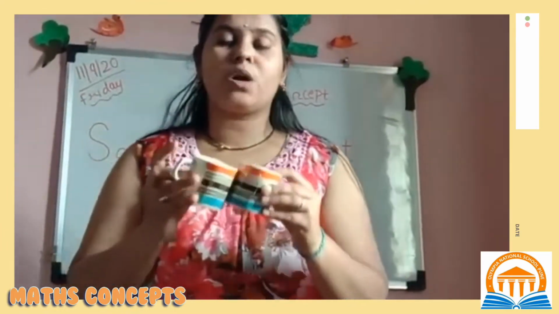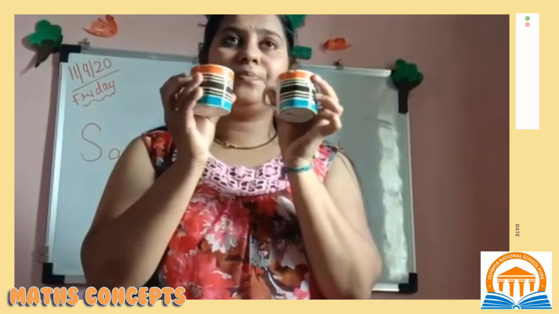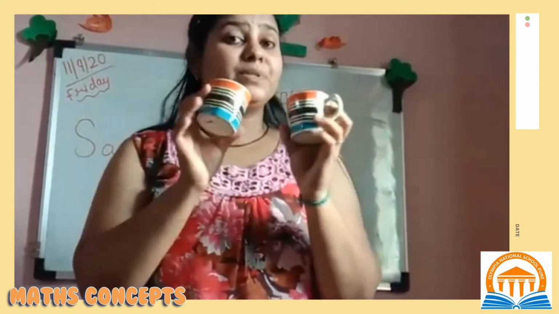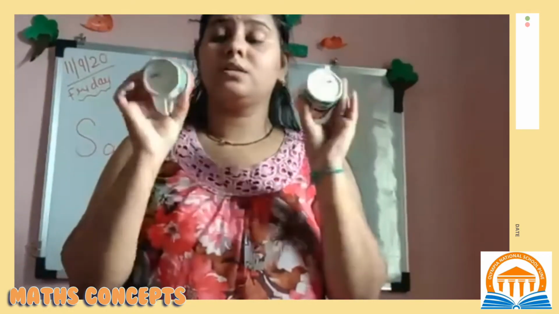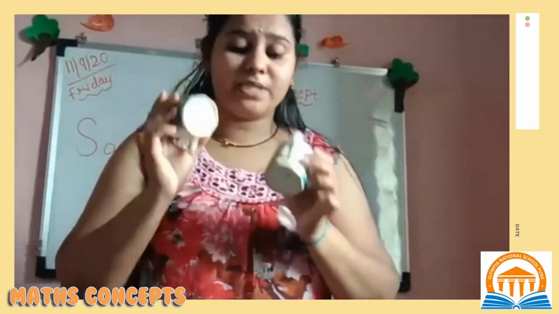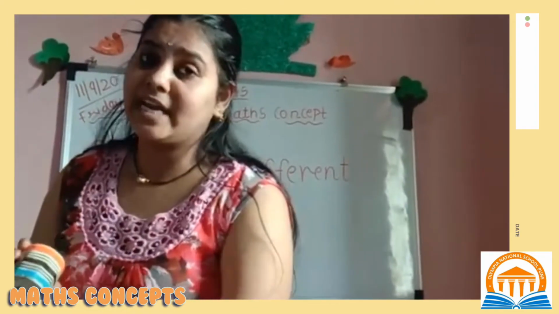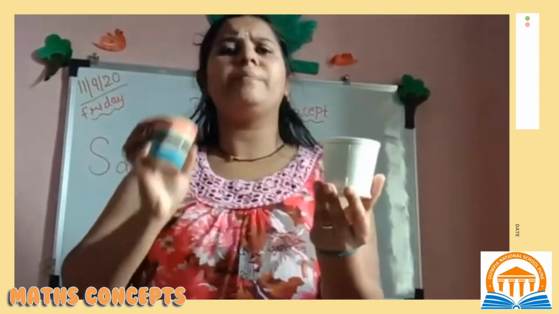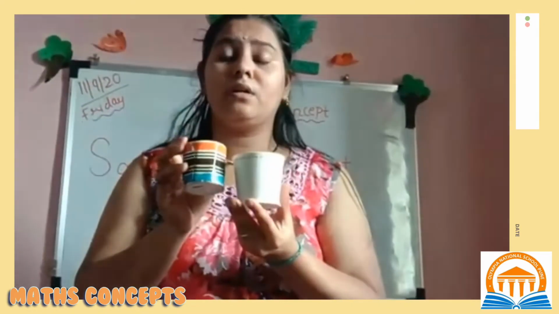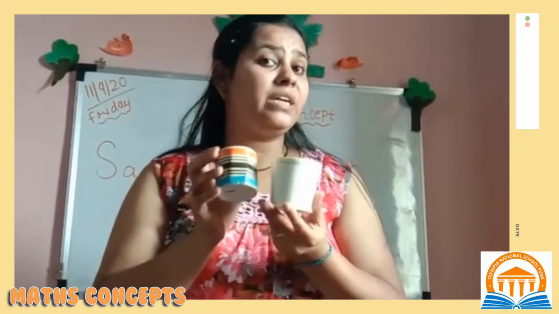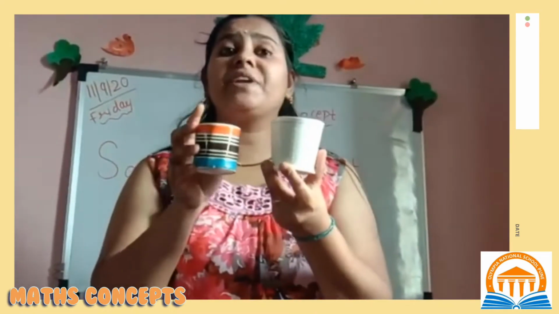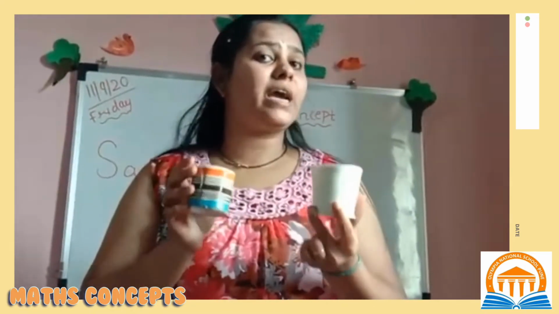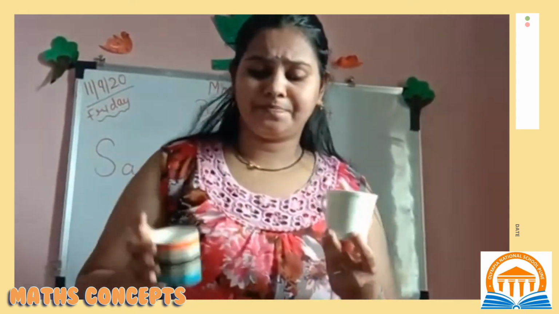Now I'll give you one more example. Here you can see two cups, or tea cups, right? If I turn it like that, both the tea cups are same. Now, how can it be different? Here are teacups. This is also a teacup and this is also a teacup. Are they same? No, they are different. How? In size also. Both the sizes are not same, they are totally different.